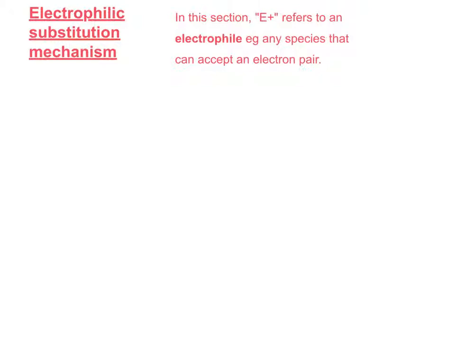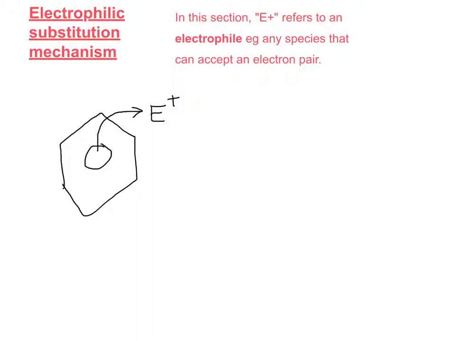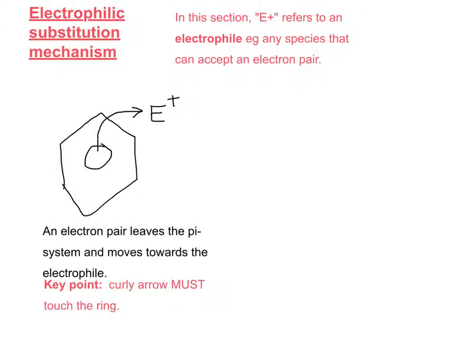So what happens is we have our benzene ring, like that, and we have our electrophile nearby. So the first thing that happens is a pair of electrons come out of the pi system. So in some way, shape or form, the curly arrow must touch the pi system. So in other words, it can't just come from between the pi system and the